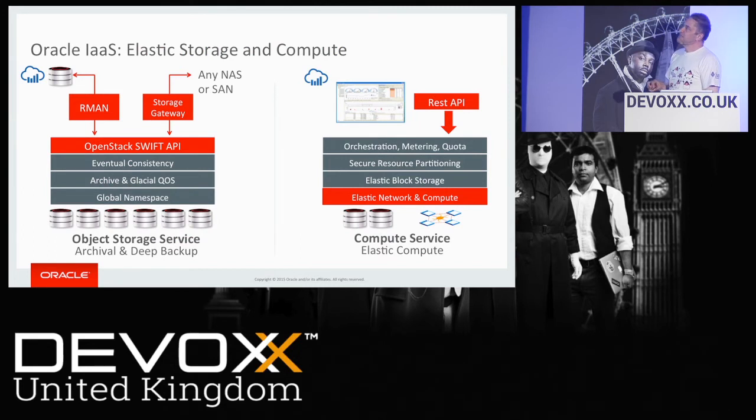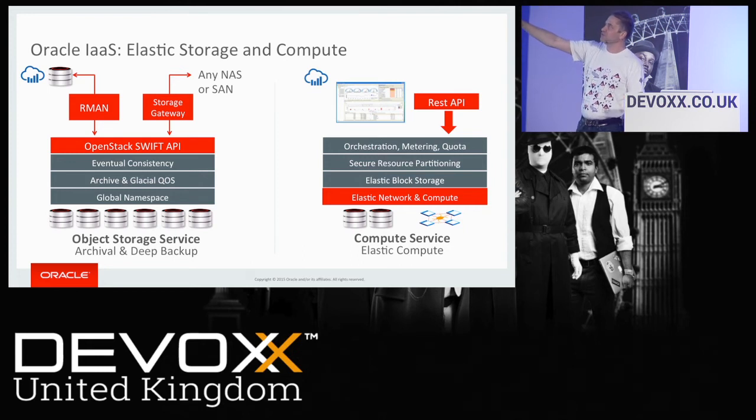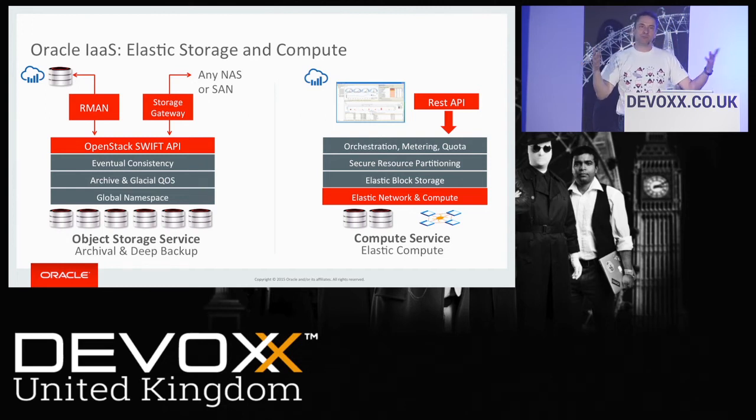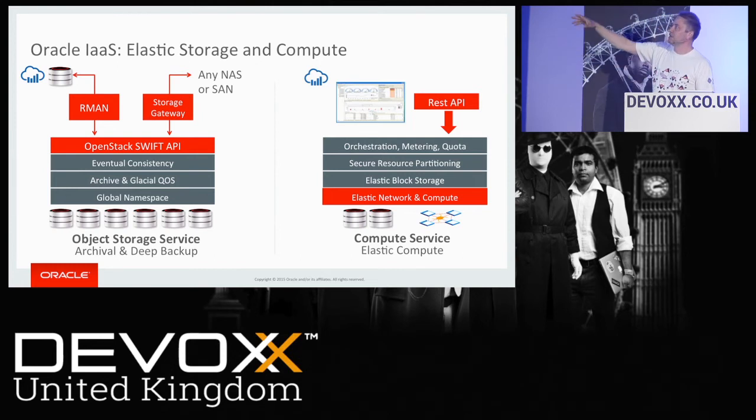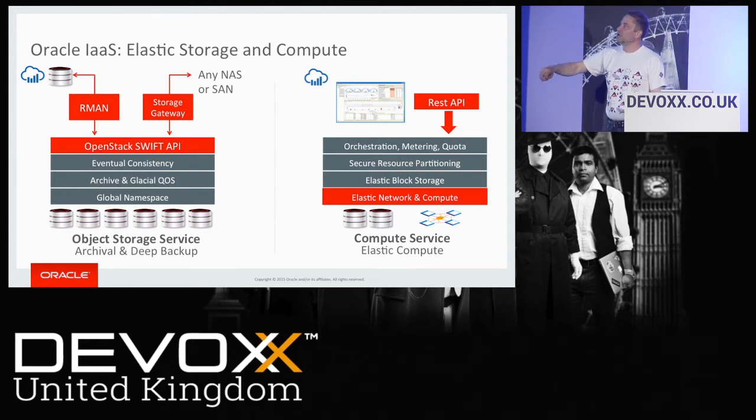If we look at a little bit more detail at some of these things, essentially what we've got here on the left-hand side is the idea of storage, elastic storage, so that you can expand depending on what you need for your application. We're using OpenStack and Swift, which is the object storage API that's being developed there. You've got the ability to do restore management, so taking backups and then being able to do restores from them.